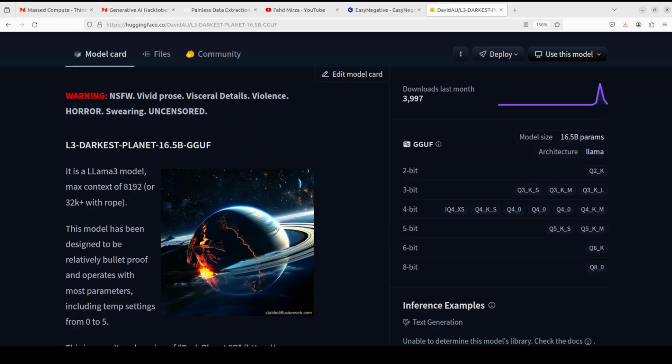I will also be sharing the whole command step by step with you, and I will also explain every step in as simple language as possible. So before I start introducing you to this Darkest Planet 16.5 billion model in GGUF format, let me give a huge shout out to Master Compute